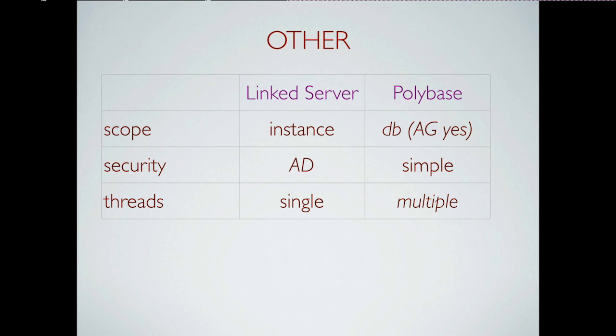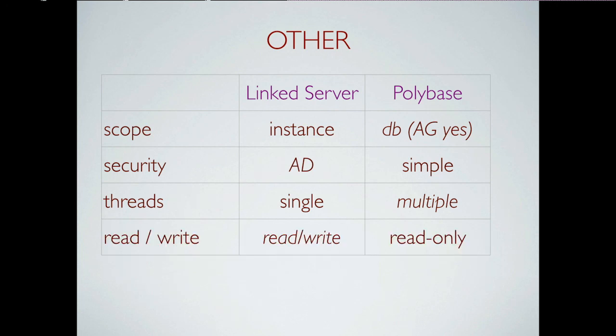Linked servers are single-threaded. One of the selling points of Mongo, since it's free, is that you could store a whole bunch of data. I might have a whole bunch of databases around the world. Well, if I do a linked server query and I'm querying from a bunch of Mongo databases, that's all on a single thread, whereas in Polybase it's multi-threaded. Not only that, but I can use Polybase scale out, right? So I can do a whole bunch of Polybase stuff at the same time.